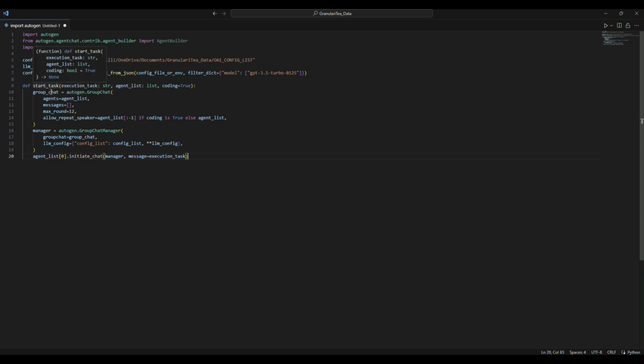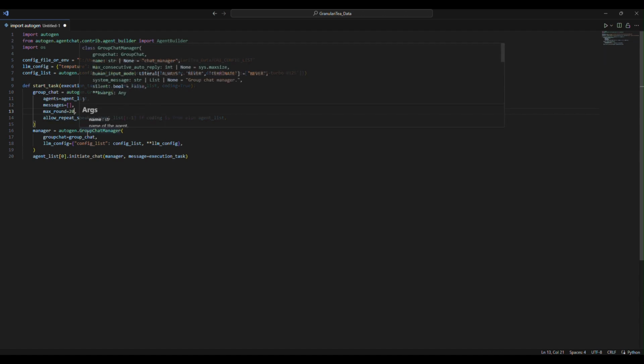We have the group chat initiated within this as well, saying max round 12. Let's increase this, maybe let's try 20, because I think usually I may have maxed it out to like 15 or 50 for past projects. And then we have the manager also included in this function. And yeah, so once we have that written,